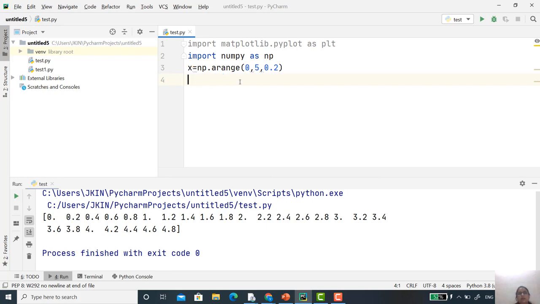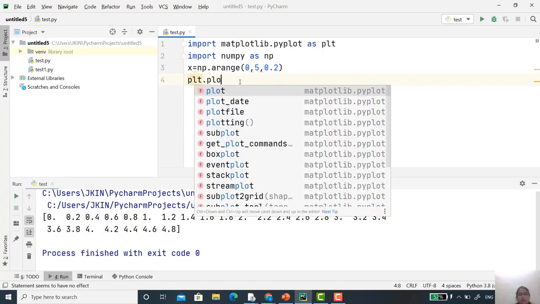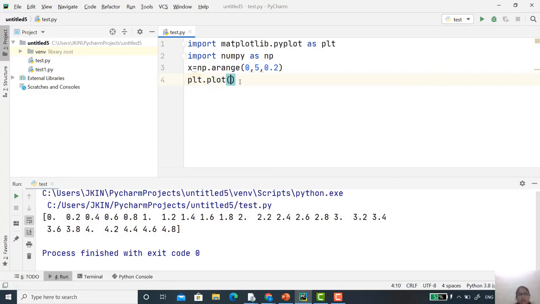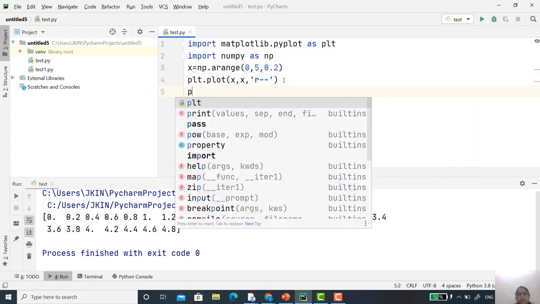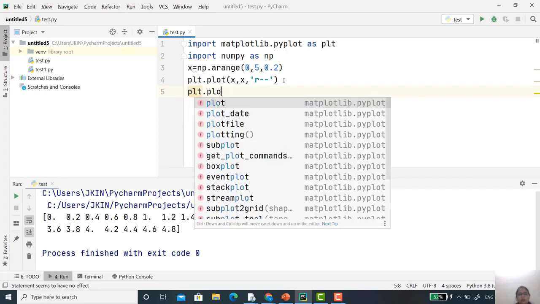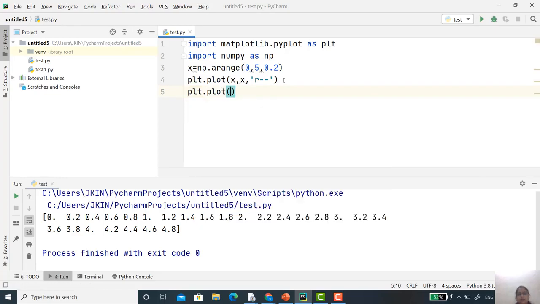Now here one command I will use, that is plt.plot. And here what I want, the x-axis is as it is. In y, for the first graph, y equal to x. And here I want the style, that is red dash line. Next I will use plt.plot. Here what I require, the x-axis is as it is, y equal to x square.